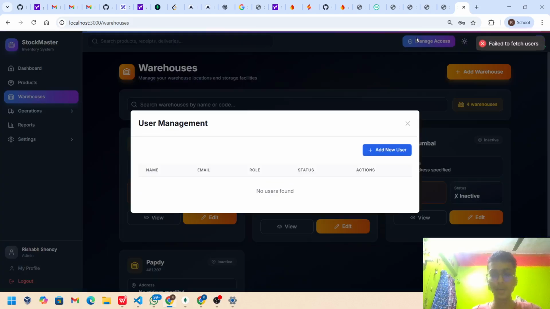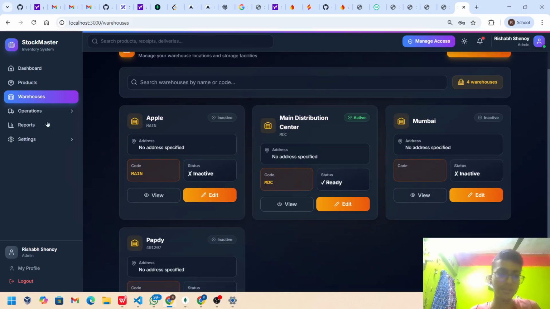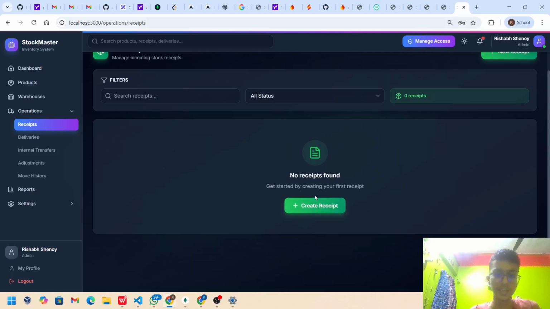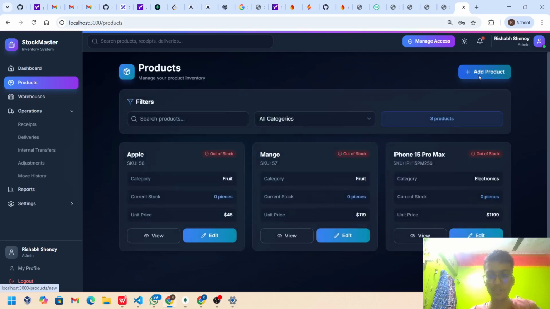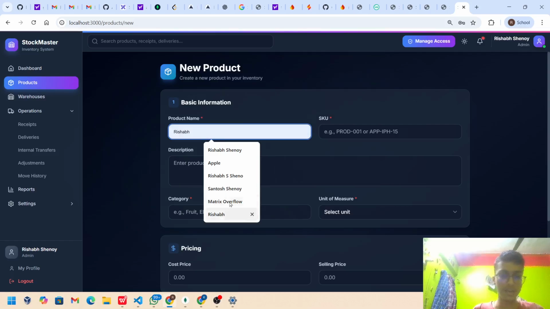Also, the admin has the option to manage access. Currently it is not showing the data because I think there is some technical issue there, but we will show you later. Coming to the receipts, you can create a receipt as I showed you for the products. If you want to add a product, let's add something like Samsung